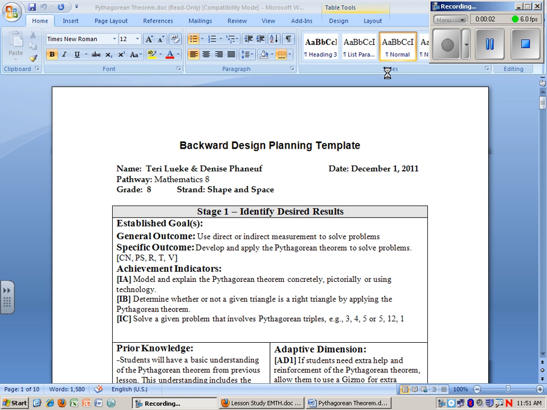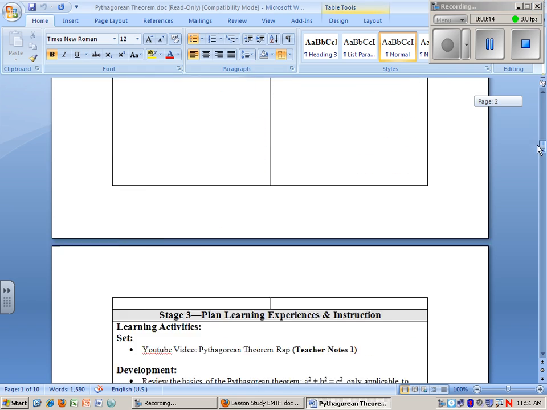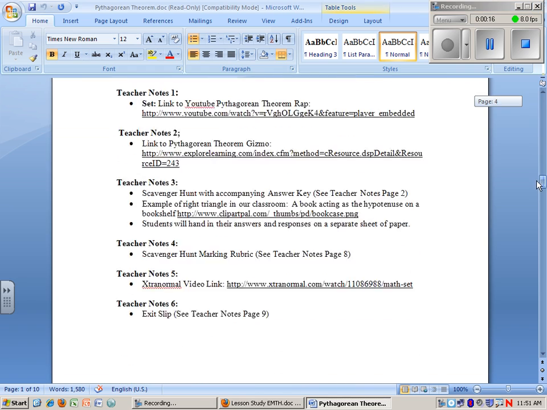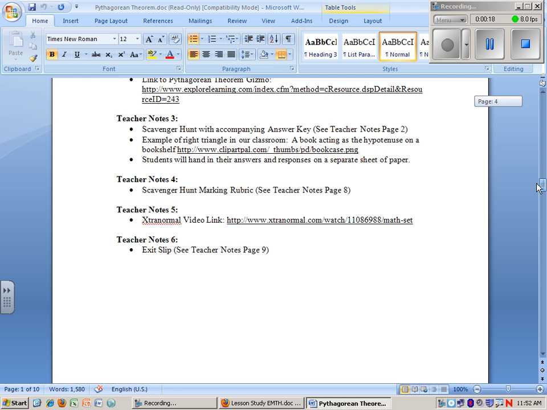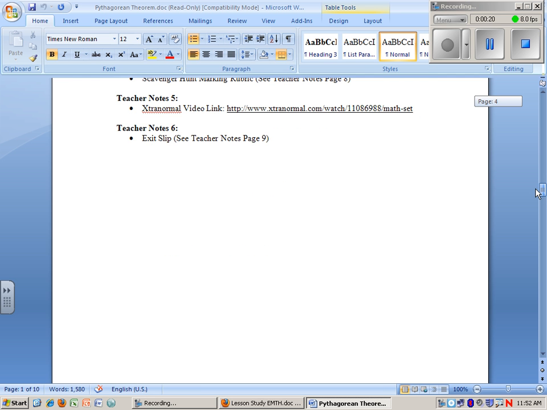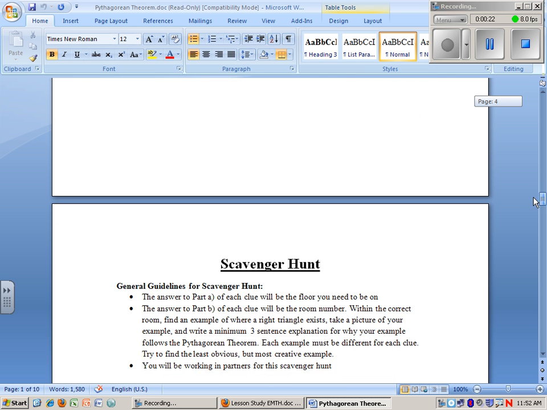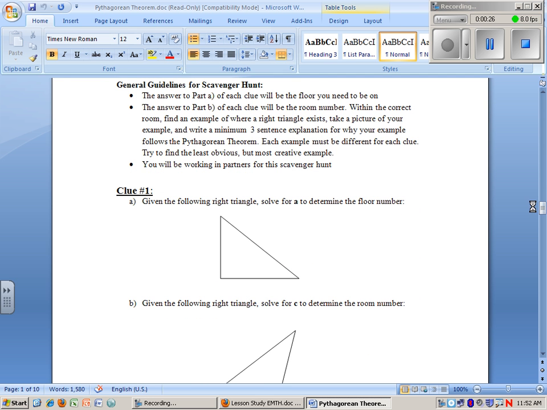Okay, so for our lesson study, we chose to do grade 8 mathematics in the shape and space, and the outcome we chose was develop and apply the Pythagorean theorem to solve problems. So the idea of our lesson was to have students use their Pythagorean theorem knowledge to apply it to situational questions. So we came up with a scavenger hunt idea where they needed to solve questions involving the Pythagorean theorem